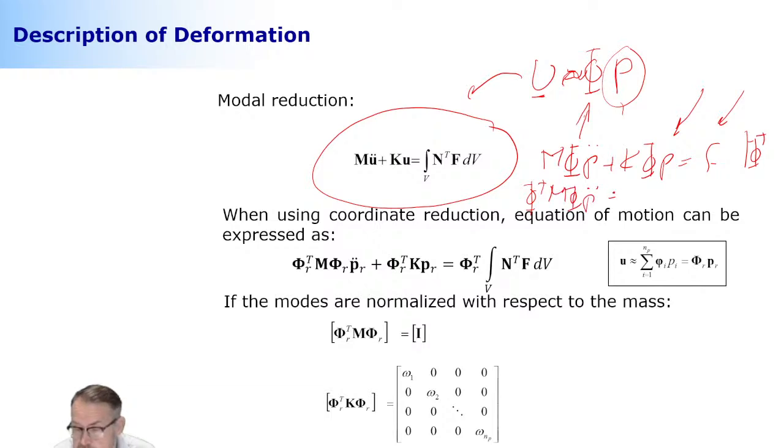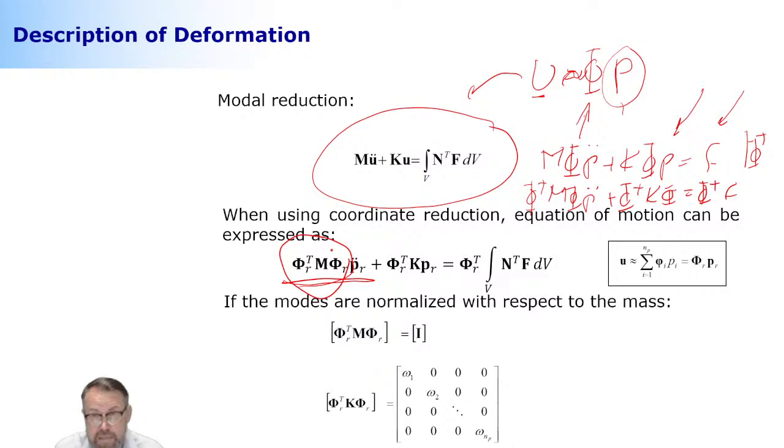P dot dot, and then this is going to be transpose. I don't know if you can still see well in my writing. And then this is transpose force. Now that comes with two major consequences. First of all, the size of your problem is significantly reduced because this matrix is now 10 times 10 when it was originally 10,000 times 10,000. So it's significantly less than it was.